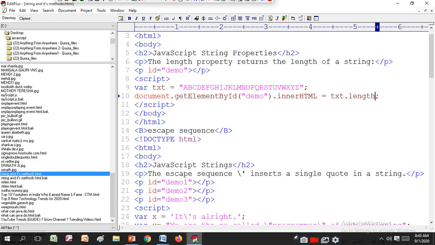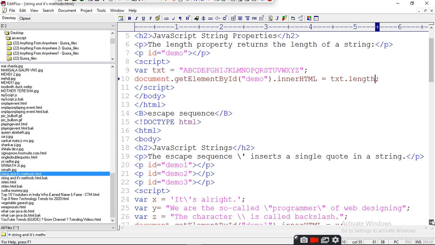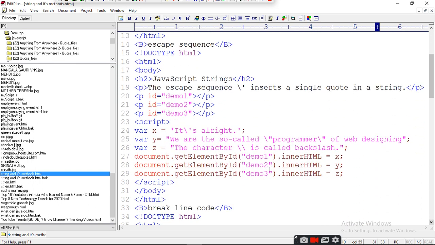So for that you have to write a program in which you use the backslash escape sequence. Here I used it before the quotes. I write an escape sequence before the double quotes. Then third is the escape character: when you want to show it, you have to write it twice. So दो बार लिखना पड़ेगा. यहाँ पे कोड्स के लिए एक बार एस्केप सीक्वेंस, यहाँ पे डबल कोड्स के लिए एस्केप सीक्वेंस.